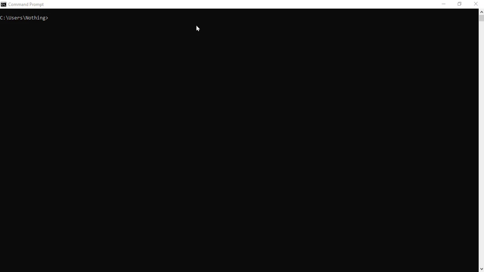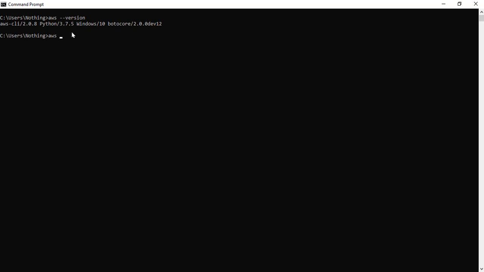After installing the AWS CLI on your system, you can go to your command prompt and look for aws --version. It will tell you the CLI version along with the Python package that's installed.